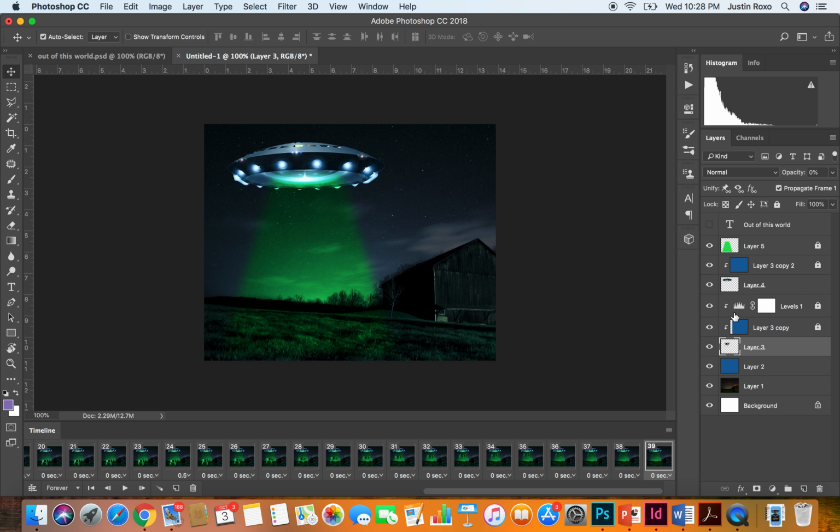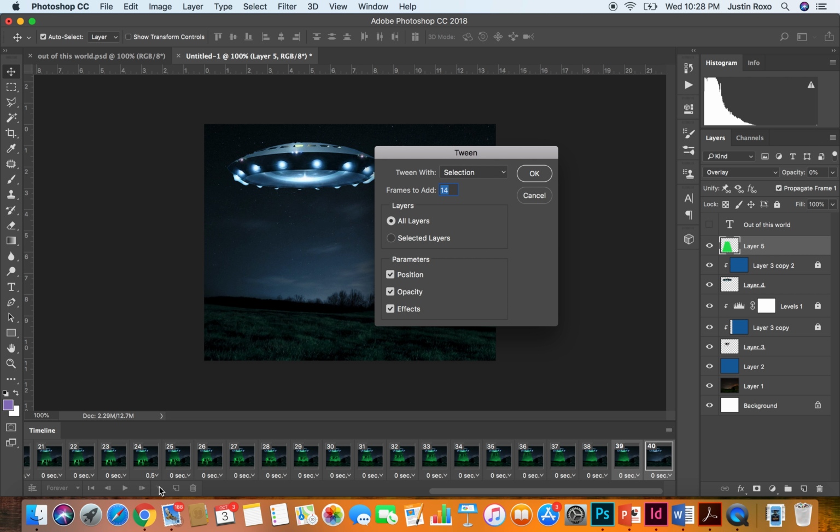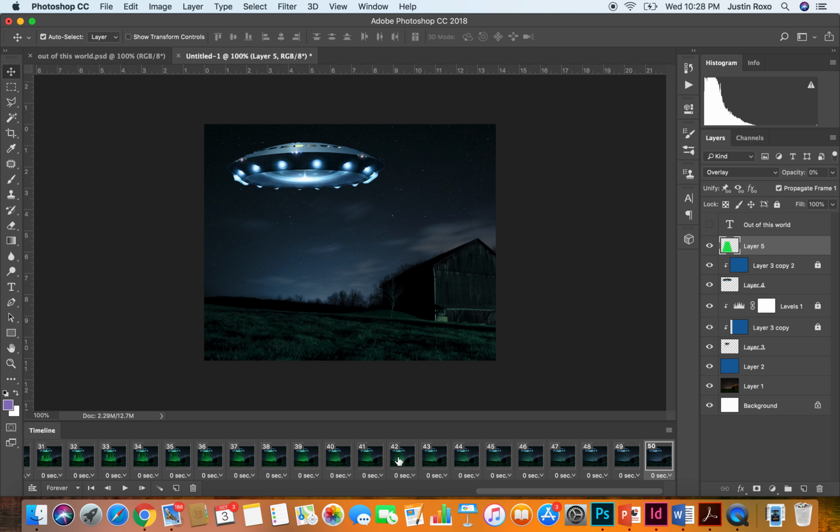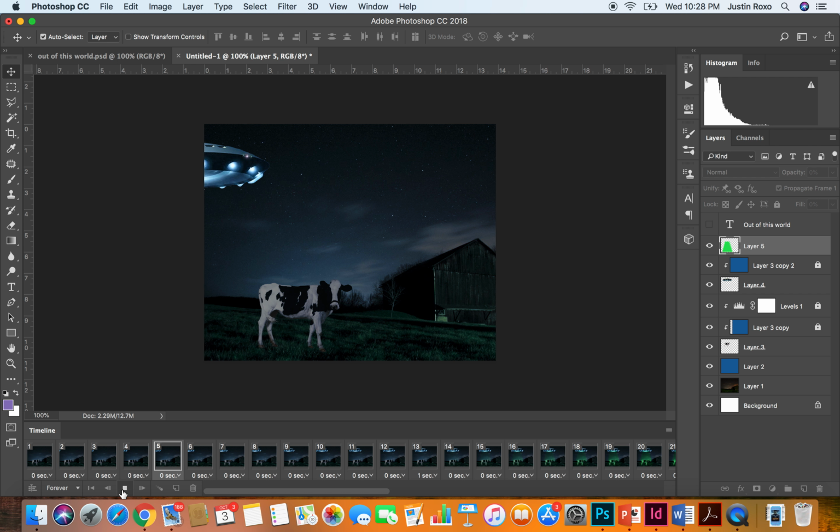But I'm going to now make a new keyframe where this light, and I'm going to double click so I can make edits to it again. This light is going to go down to 0 opacity. And I'm going to hold shift to select these two frames right here and tween it once more. We'll do 10, click OK. And it's going to gradually disappear from me. So it'll look like